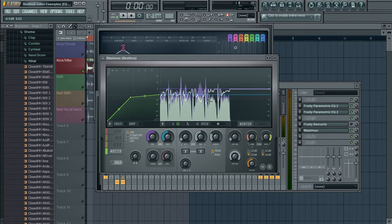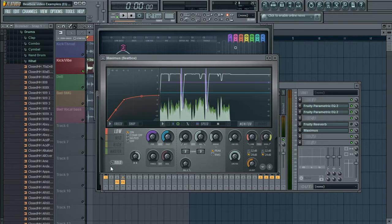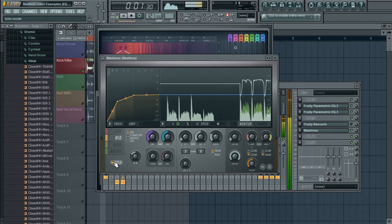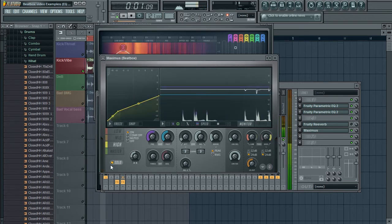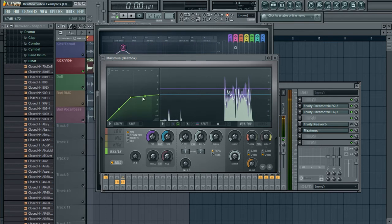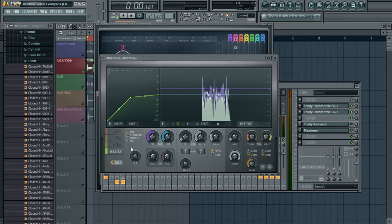So how this compressor works, the signal comes in, it actually splits it into three. It takes the low end, the mids, and the highs. And so you can treat them all a little bit separately. It gives you a little bit more control. And then they all go into something called a master, where they run through the compressor again. And what the compressor is actually doing is squishing